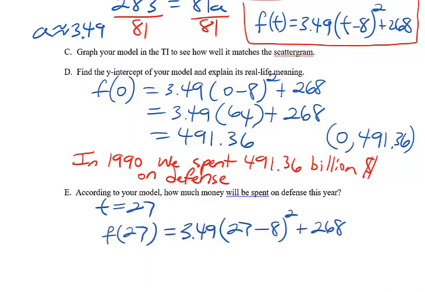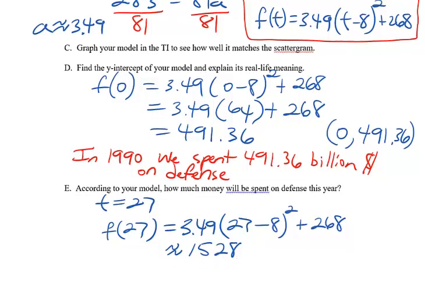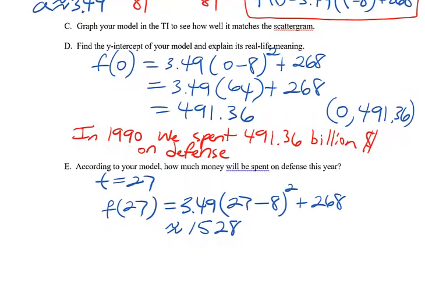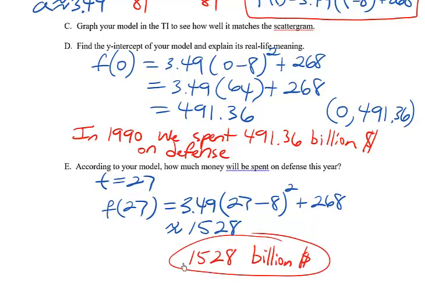You don't even have to work this out in pieces. I mean, you can just type this all into your calculator in one step, just like it's written. And you should get about 1528. What are we trying to say here? Well, we're saying that if this model holds true, that this year we would be spending $1528 billion on defense. And that's a fine way to give the answer. Probably the more normal way to describe this number would be $1,528 billion. And again, we'd have to do some research to see whether or not